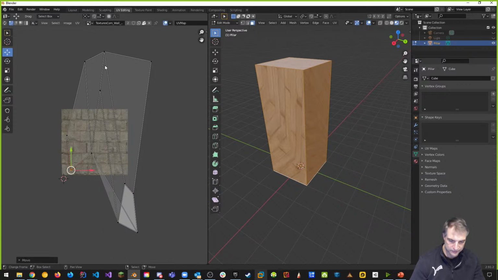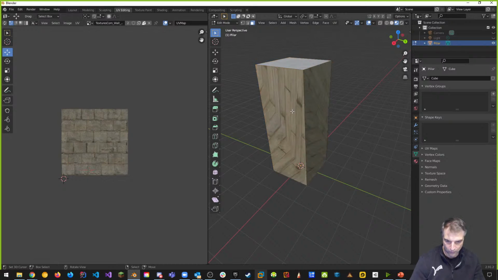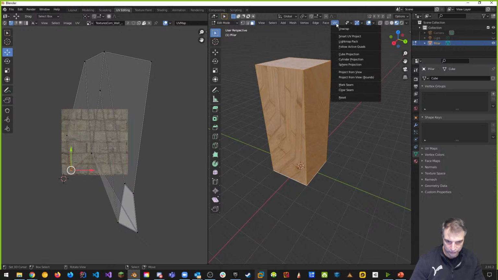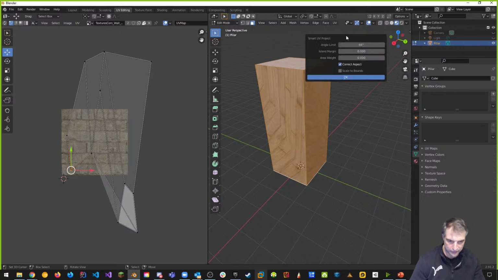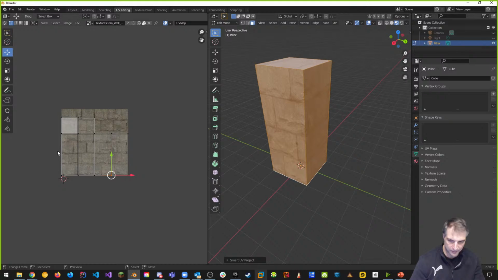But again, this isn't very efficient. I'd rather do what I did earlier. So again, I want to select all, UV, and if I do Smart UV Project, and if I'm lucky, I'm going to get the right thing. If I'm not lucky, it's going to be bad. So another way to do it, especially when you don't have just one object, and I have what we had last week, which was I had many faces, tons and tons of them. In fact, I had like a ton of faces with my